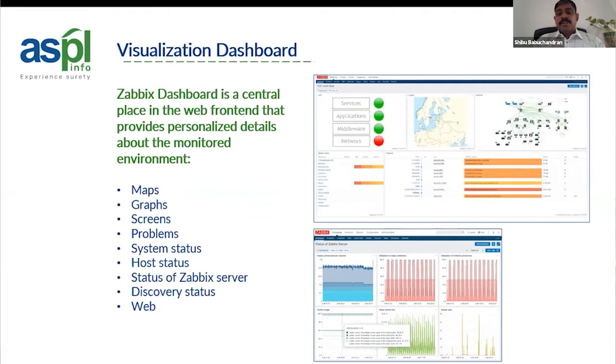Another beauty of this product is you can monitor the Zabbix services itself on the main dashboard. Now, that is something which people keep asking us: what happens now? We are able to monitor the complete host within your organization, but how about monitoring the Zabbix server? The Zabbix server gets monitored on its own. So you have a dashboard wherein you see the monitoring services of Zabbix also being presented over there. So you don't need to worry about the Zabbix server. It takes care of the Zabbix server as well as the host and the other applications that are being run within your infrastructure.